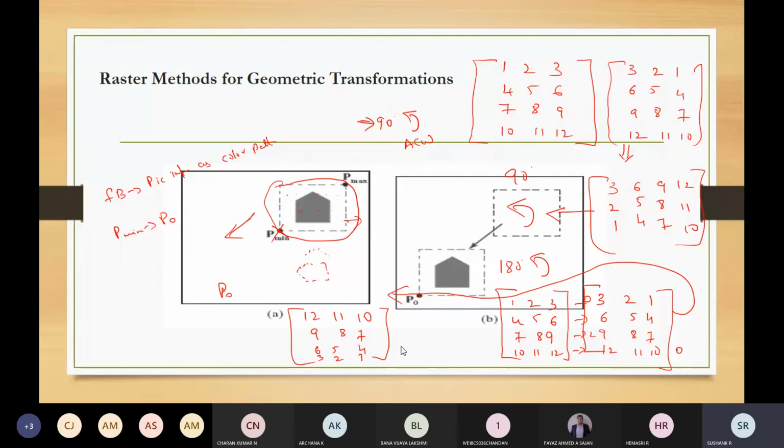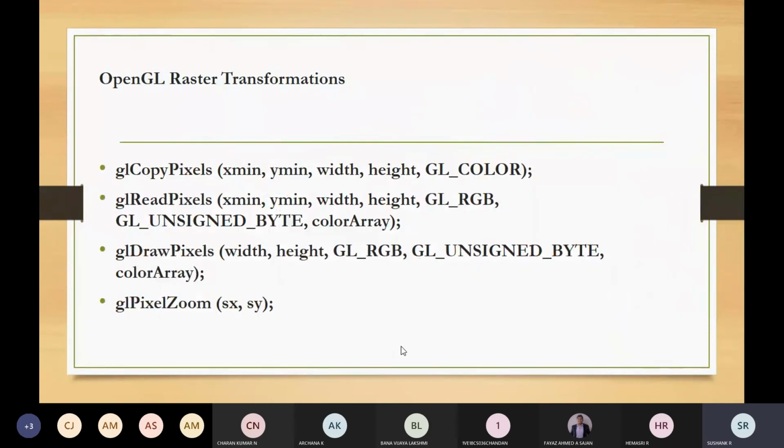In order to help this geometric raster transformation, we have OpenGL functions. The first function is called the copy pixel function.